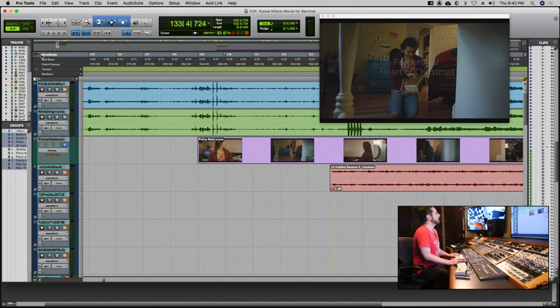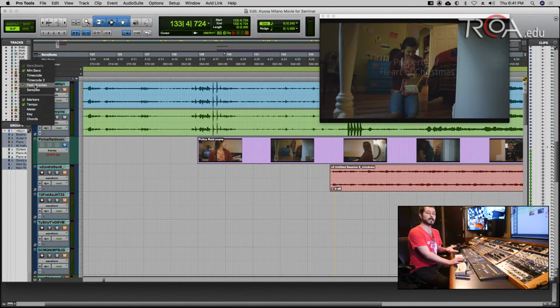But then also there are a lot of other grids that you can use in Pro Tools. If you go up here right next to where the bars and beats are, you can see there's this little drop arrow. And if you click on it, it opens this menu of all these other grids that maybe you did not know existed. One of them is called feet and frames. And feet and frames usually is a good grid to work with whenever you're working on video, because traditionally